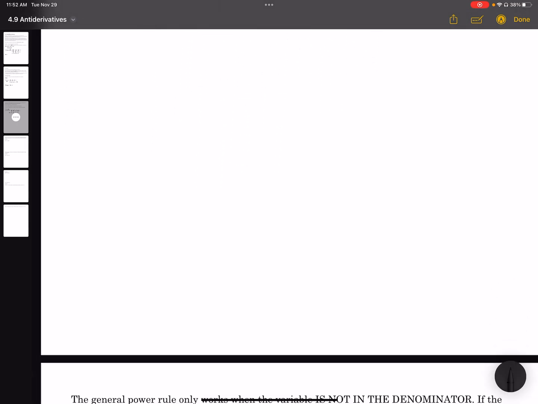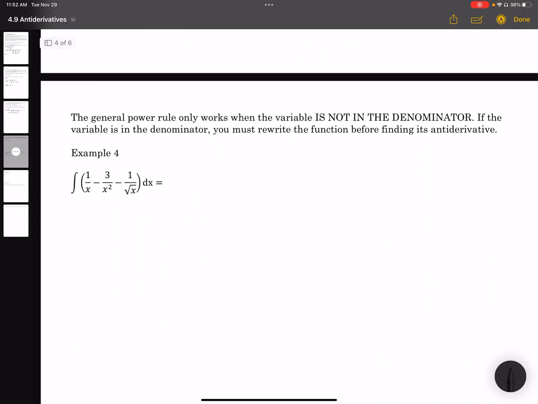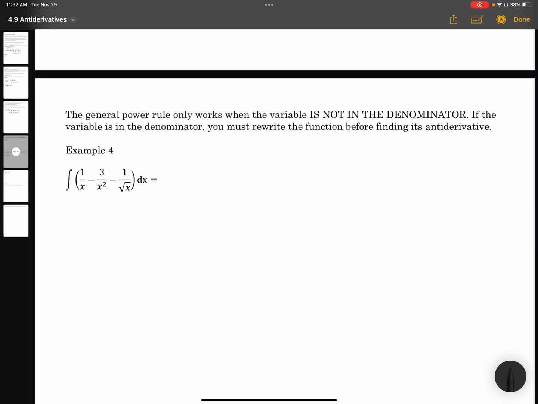For example 4, the general power rule only works when we have x's not in the denominator. When that happens, we have to rewrite our function so that the x's are not in the denominator. And if we have radicals, we have to turn them into rational exponents. So our rewrite step is going to be